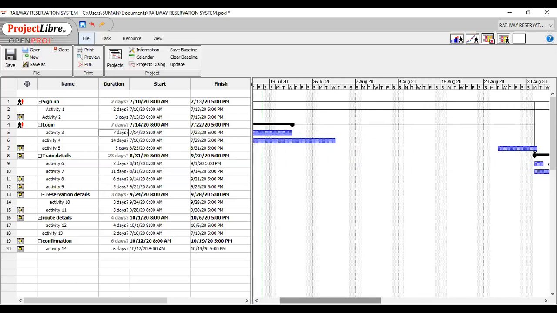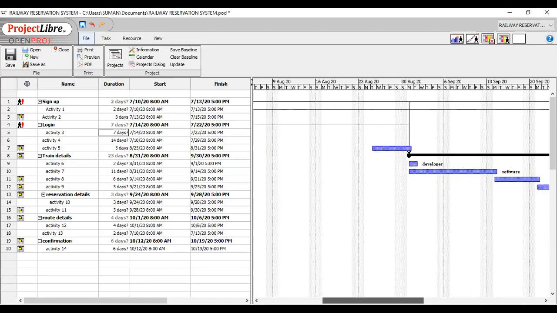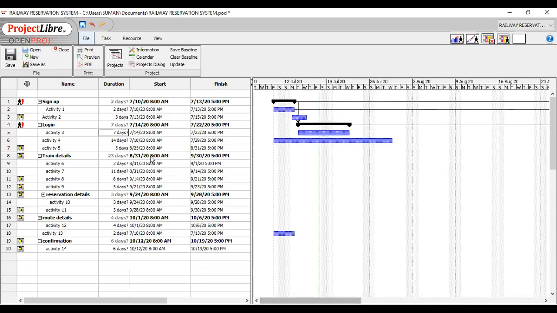After saving and clearing the baseline for the entire project, suppose I am going to change any particular activity, then what will happen to the baseline?